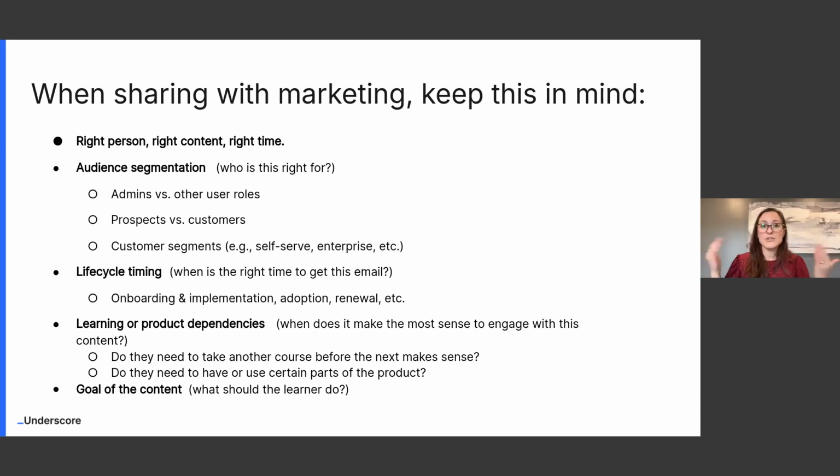And then all of that is good input for your marketing team to be able to say, ooh, that might actually really work in that nurture over here, or in email 2 of this onboarding sequence, or maybe in the kickoff, we could mention that we have this new customer onboarding series, right? So we're giving them these inputs so they can start to think about the things that they already have in flight, communications that are already going out, lifecycle nurtures that they have, and then where does this content fit in, if that makes sense.